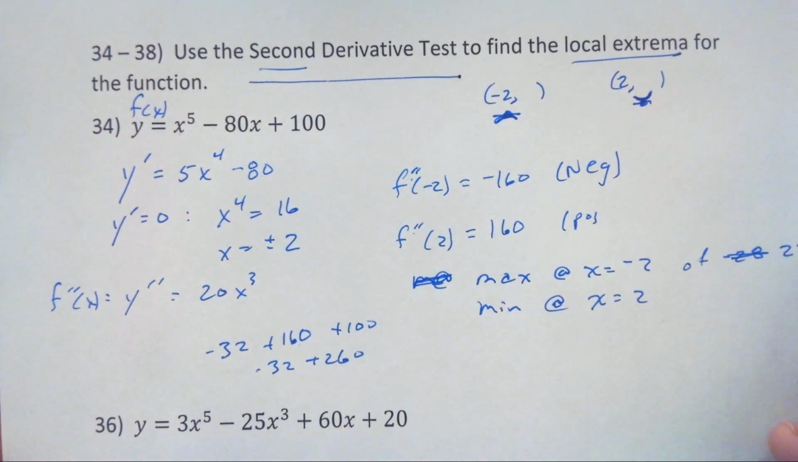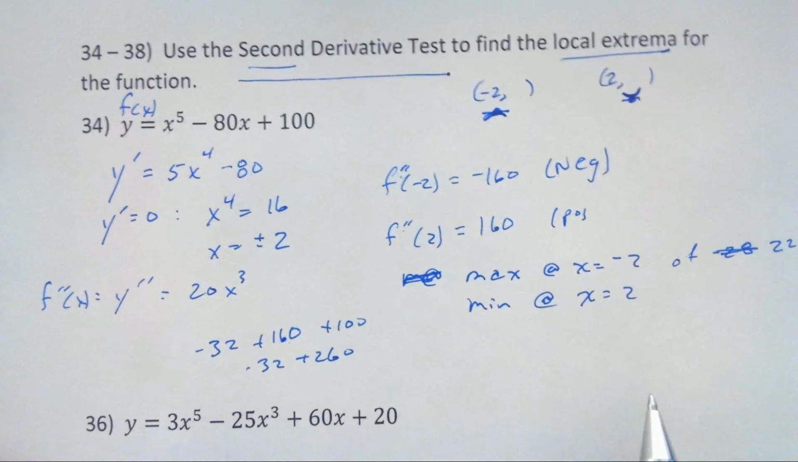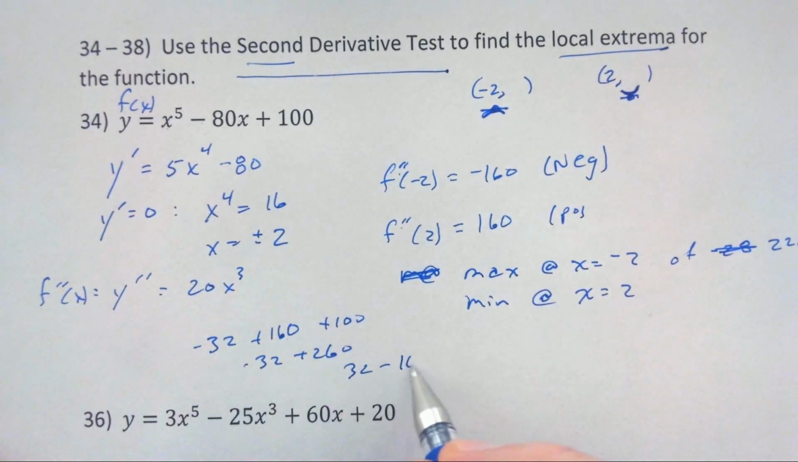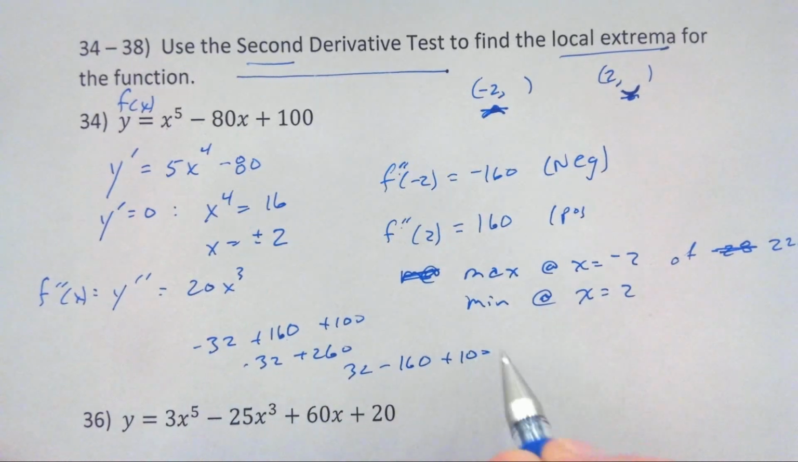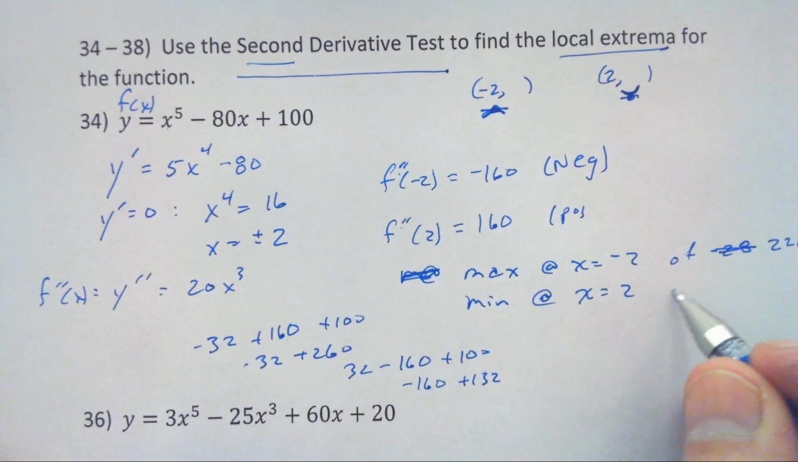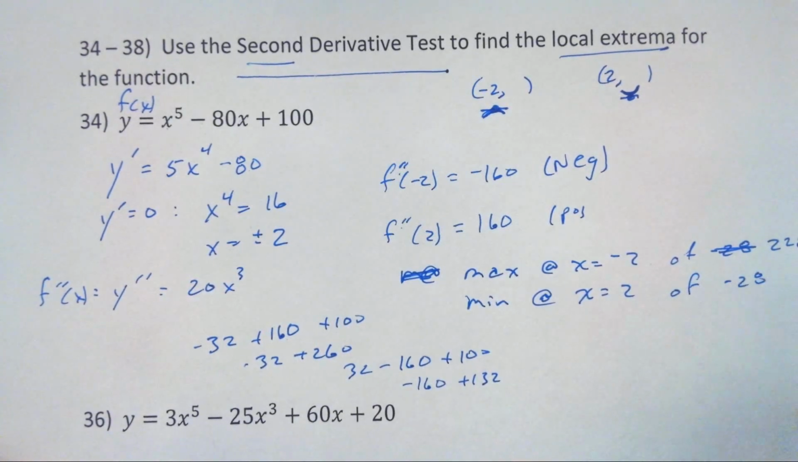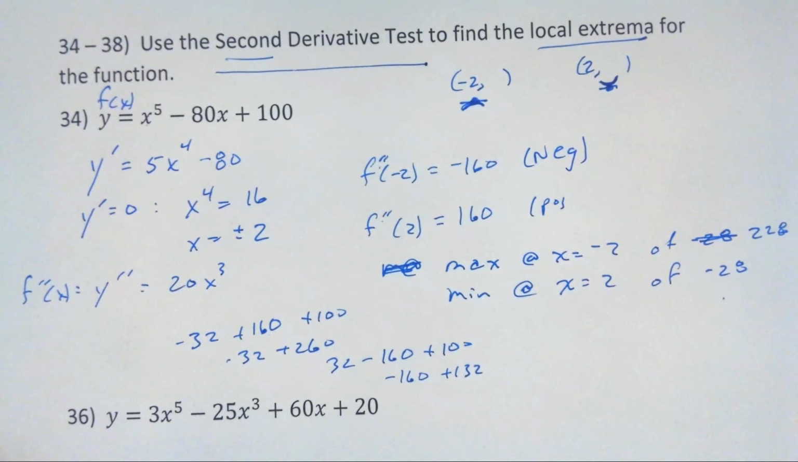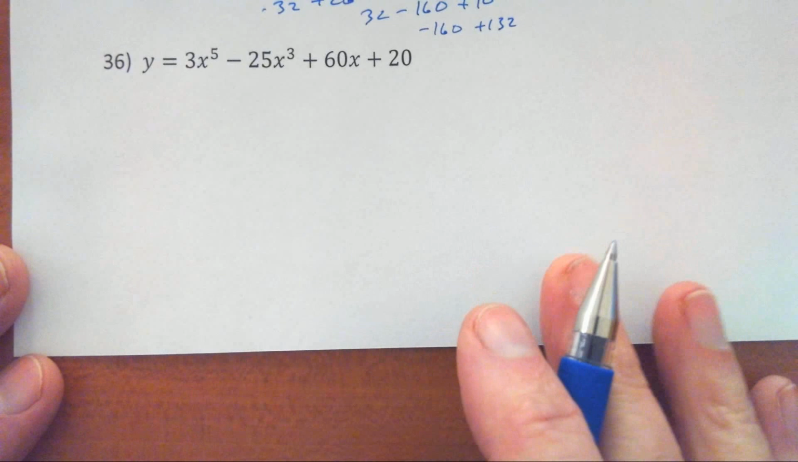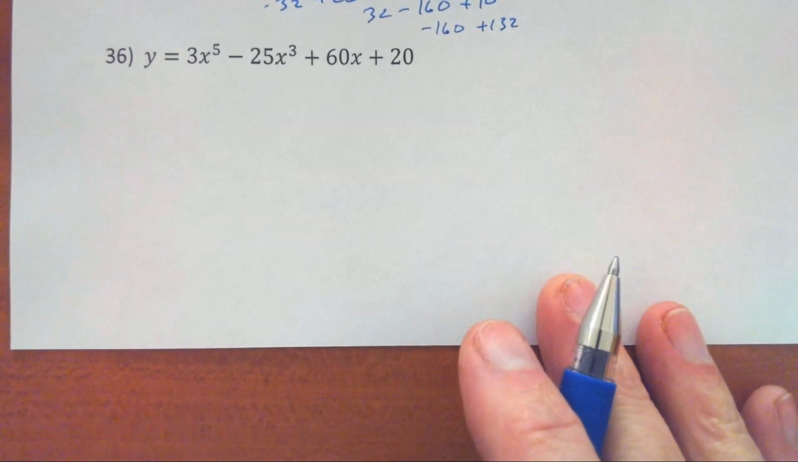228 for a maximum. And put in 2, and now I get 32 minus 160 plus 100, or negative 160 plus 132. Now I get negative 28 for my minimum. Okay. Same thing, and then I'm getting a little bit of a lag here, so before I move on after this page,